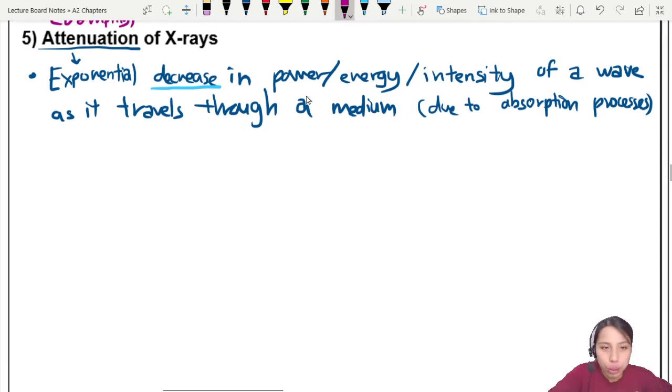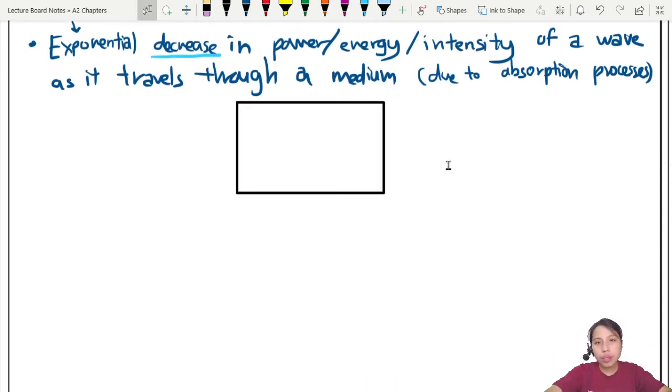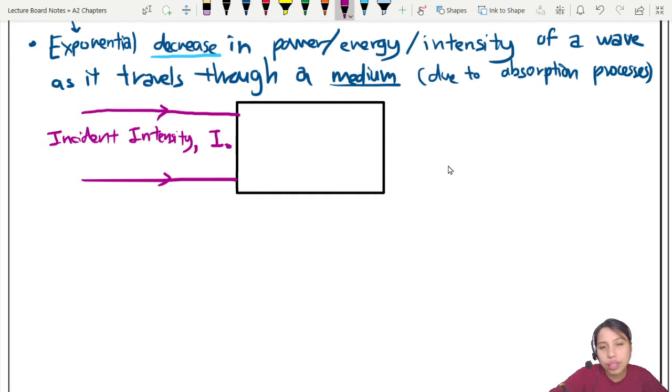So let's set up a scenario to understand this better. What is attenuation? Let's say I draw a box. This box represents the medium that I am going to shoot my X-ray through. So like a bone, a tissue, whatever it is, a box. Now you have your incident intensity. Rays are coming in at some kind of intensity. I'm going to call this the incident intensity. X-ray coming with a certain energy intensity, and this is going to be called I naught. The zero is called naught,